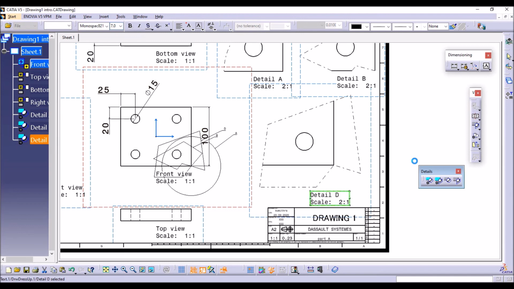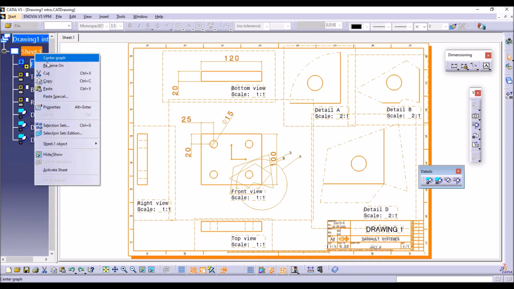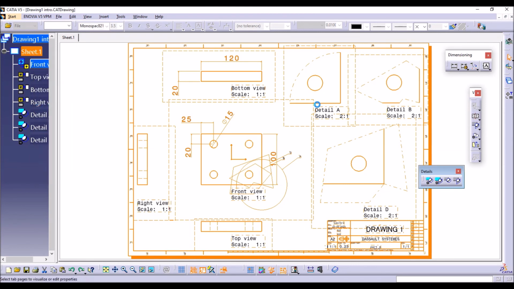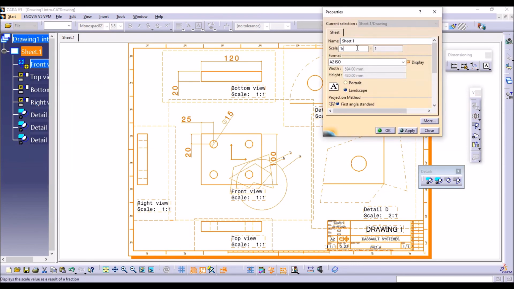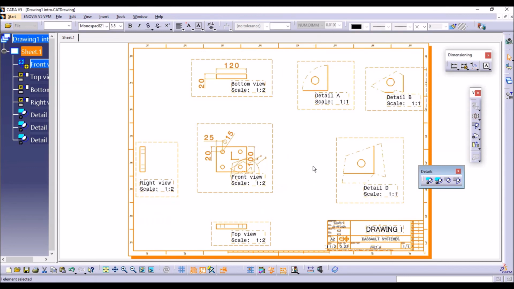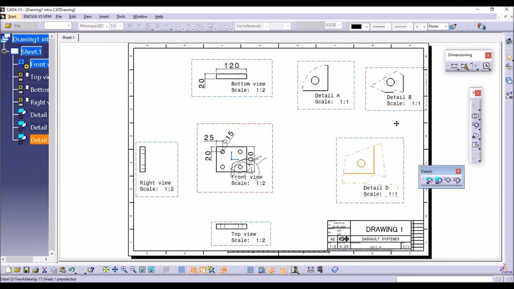As the sheet size is small, if the sheet size is larger we can see the detail views clearly. So I'm going to sheet properties and reducing the scale to 1:2. Here you can see the detail views clearly.